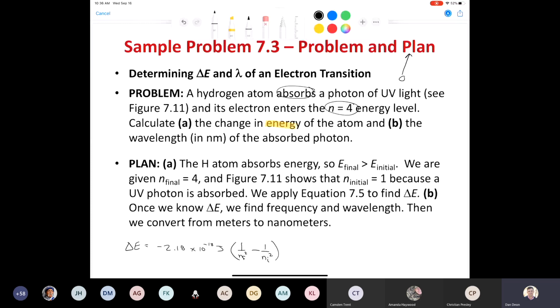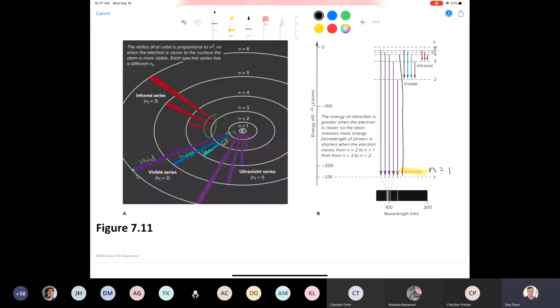If it's ultraviolet in its absorption, it's going from n is equal to 1 to n is equal to 4. Remember, all these lines are pointing in this direction. That's emission. We're talking about absorption, so we're talking about going in the opposite direction. So with that in mind,